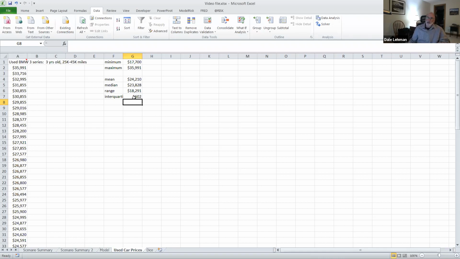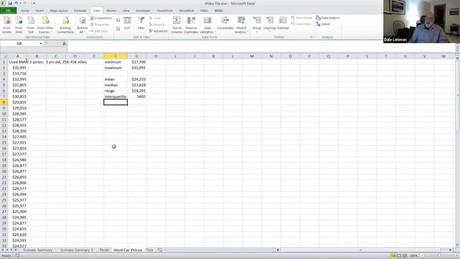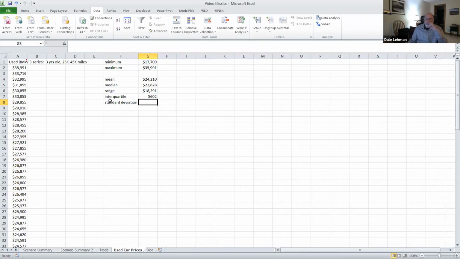Half of the cars are within a range of 5602. That is a somewhat better measure of how variable these are. Yet another measure that's common to see is the standard deviation. Many people just blank out when they hear the word because they don't really know